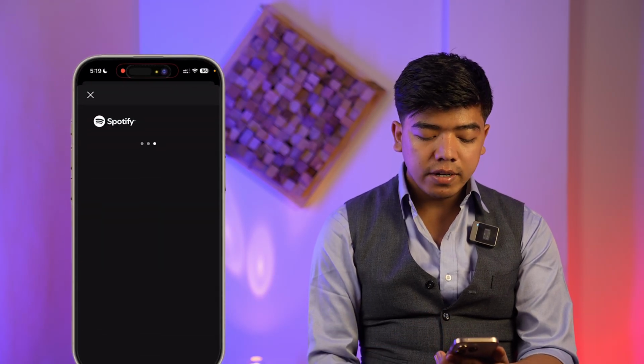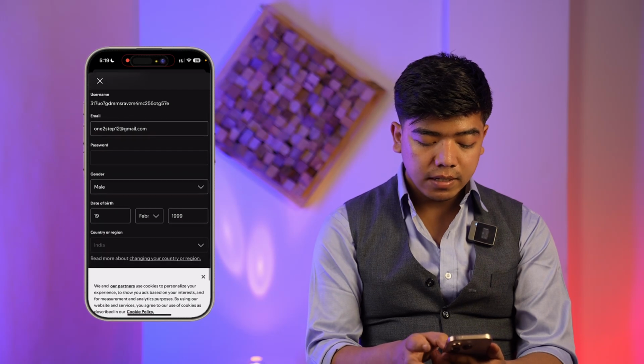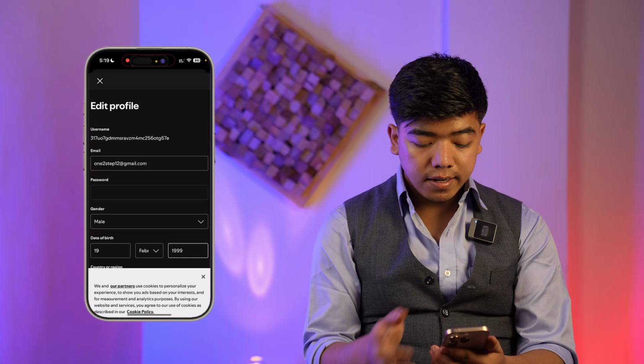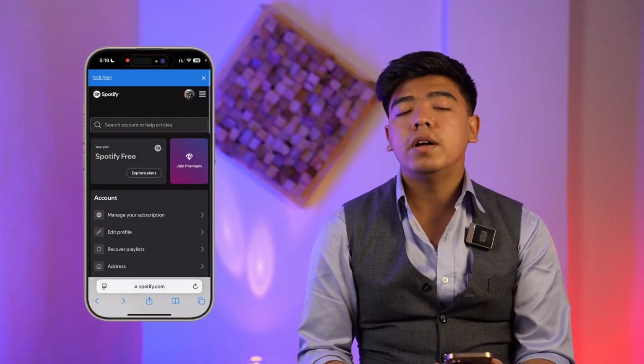Tap on email and now it will take you to accounts.spotify.com where it'll show up your email here, right? So you can see your email here. Now you can view it, but to change it, you'll have to go to spotify.com on your browser